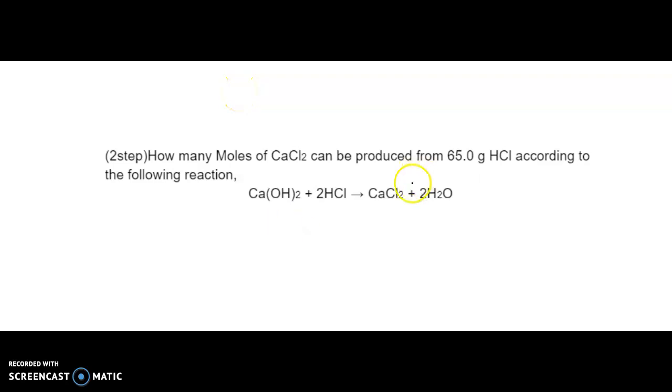Okay, in this problem, it is asking for me how many moles of CaCl2 can be produced from 65 grams of HCl. So I'm going to start this problem the way I start every problem. Take what I know and put it over 1. It tells me 65 grams of HCl,